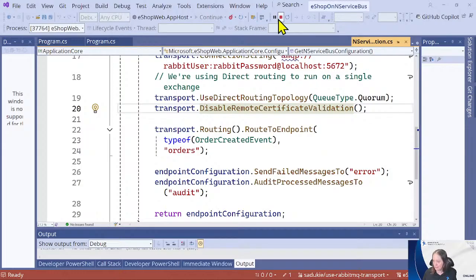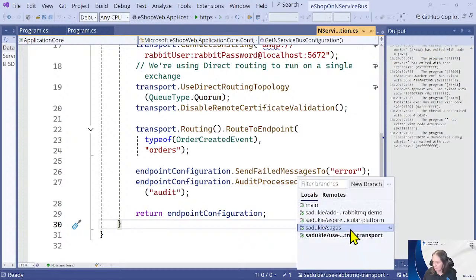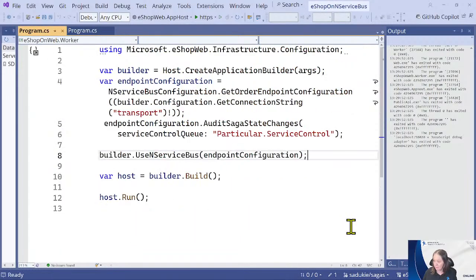So that is our RabbitMQ demo. Again, RabbitMQ helps when you have teams in multiple languages, because it doesn't need to be that I'm publishing in C#, so it must be consumed in C#. That's not true. There are actually more libraries out there in other languages that could help with the translation of that. So, all right. Next one we want to show, I'm going to pull the Sagas branch.